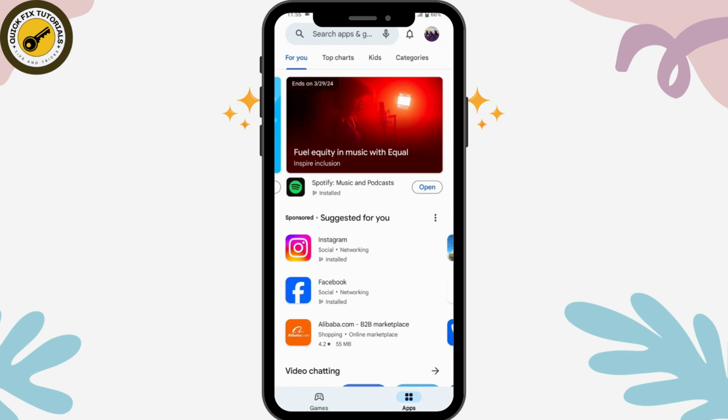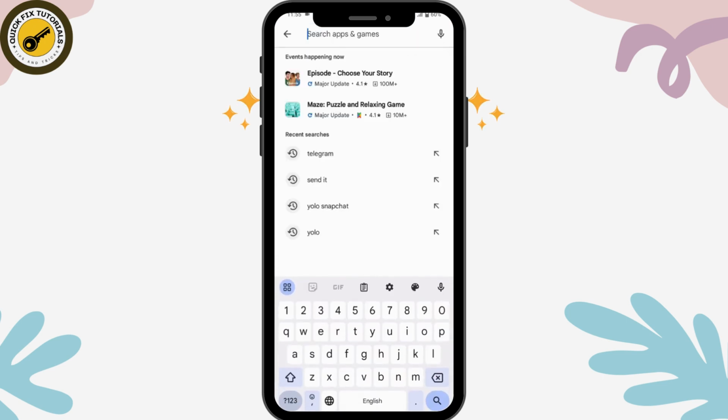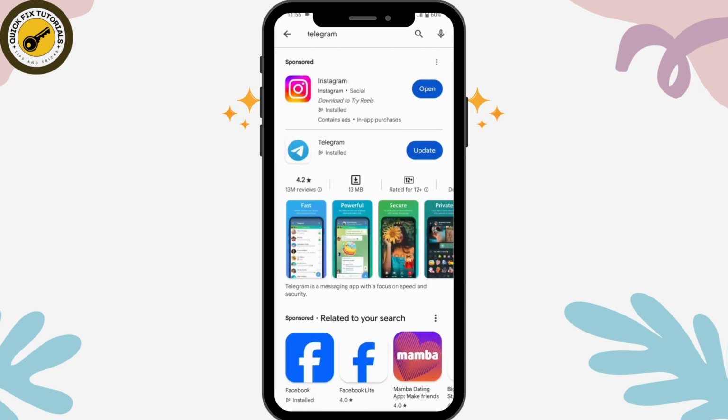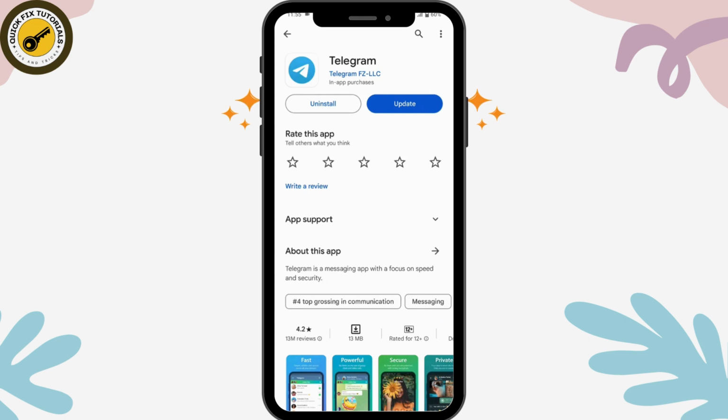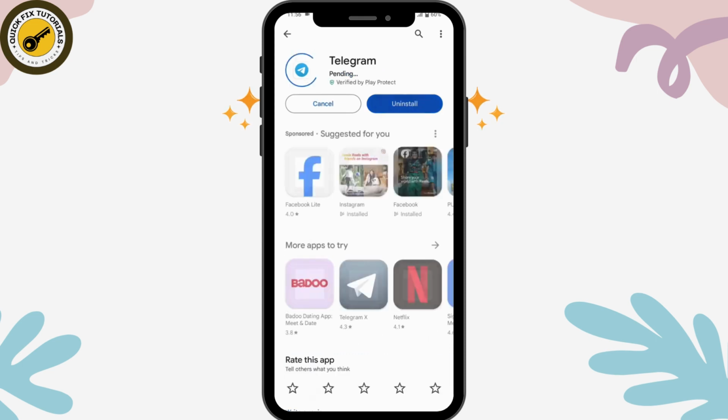your App Store and then go for the search icon which is on the upper right and search for Telegram. Once you've searched for Telegram, here you will have this Telegram application, right? So here on the right side, instead of that open button, you will have an update button. But if you don't have an update button, then don't worry because your app is up to date. But if you have an update button, then simply tap on update, and you need to update your application, because